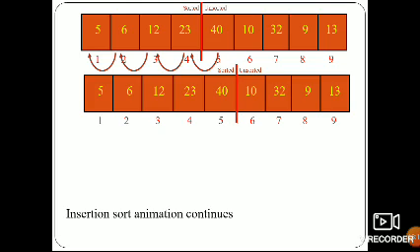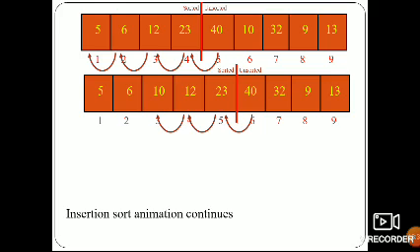Again, next we come to 40 and 10. The 10 we have to exchange. Again it will move. There is no need. So 5, 6, 10, 12, 23, 40.